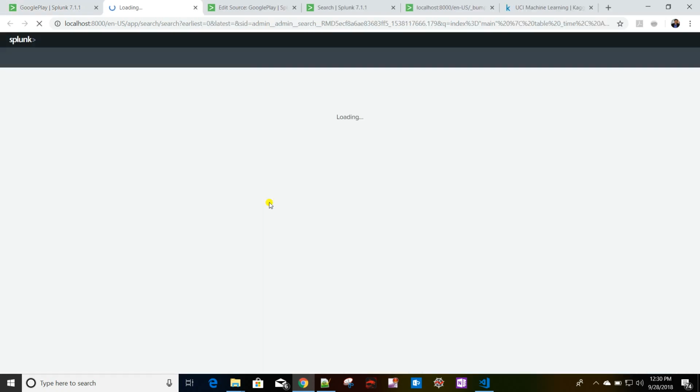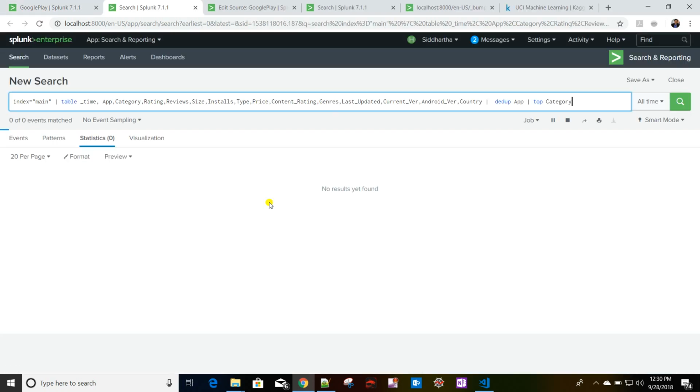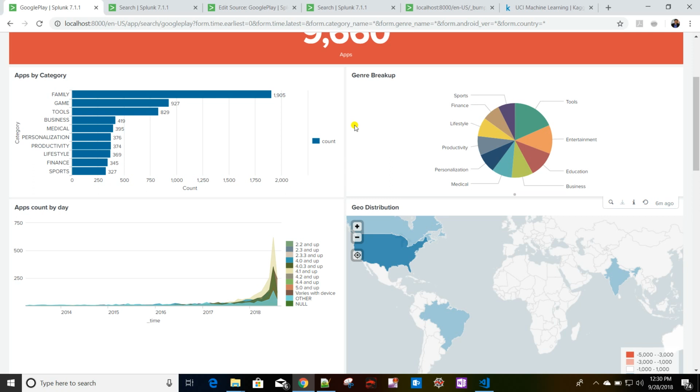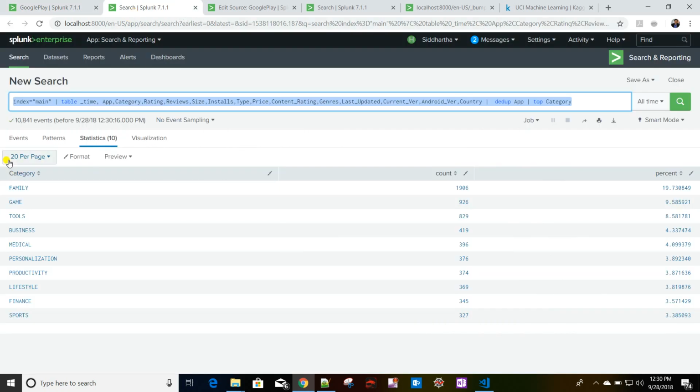If I run this search for this particular panel, what it is doing is, up to this point it is my base search, and then dedup app, I'm taking the unique apps, and then their top categories, right? So it is giving me a statistical table, right? And in any Splunk dashboard visualization, behind the scenes there is a statistical table. From there the visualization is getting created, right? Now this table,